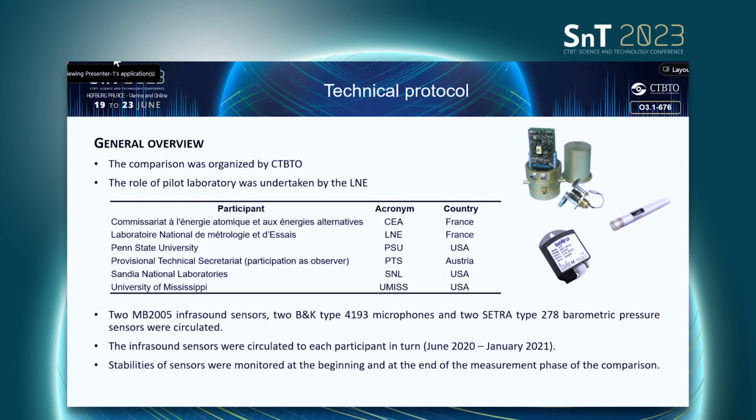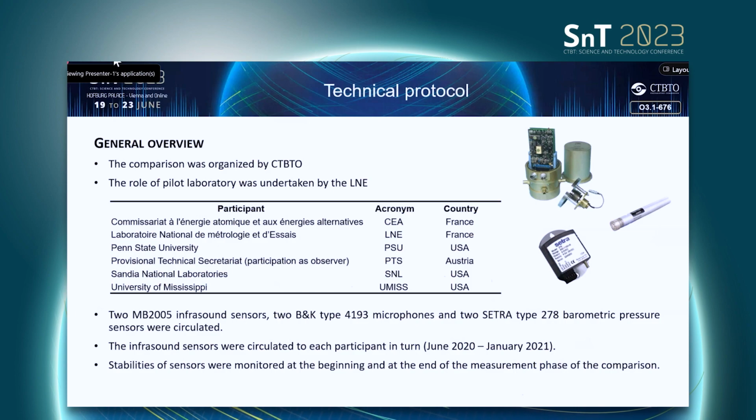So here is the technical protocol. The comparison was organized by CTBTO. LNE was the pilot laboratory of this comparison, and it involved 6 laboratories: CEA from France, LNE from France also, PSU from USA, PTS from Austria as an observer, Sandia from USA, and finally UMIS, University of Mississippi, from USA also. So 6 sensors were circulated: 2 microbarometers, MB 2005, 2 microphones, BNK type 4193, and 2 static pressure sensors,